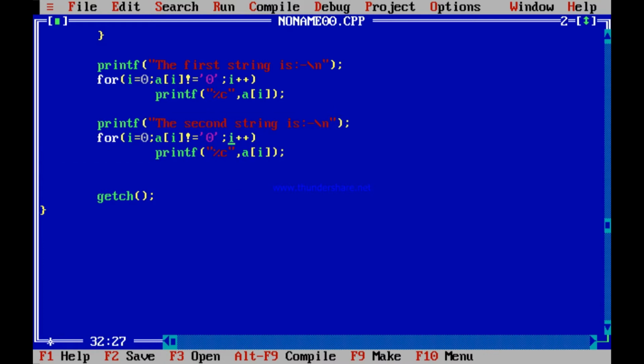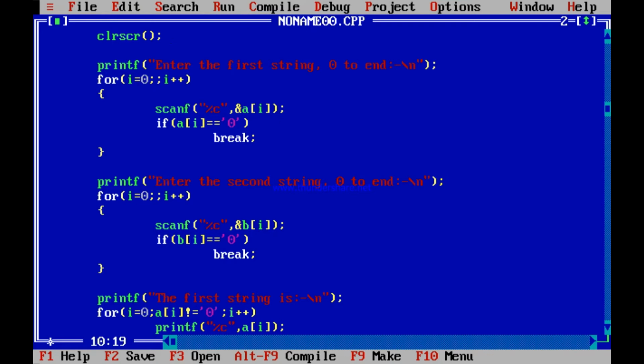For i equal to 0, b[i] not equal to 0, printf %c, b[i]. I have printed the characters one by one in the second string also. Now over here, after each character you just kept on printing, you did not press enter. So it's better to put a \n so that it starts printing from the next line. Otherwise your program is completely done now.